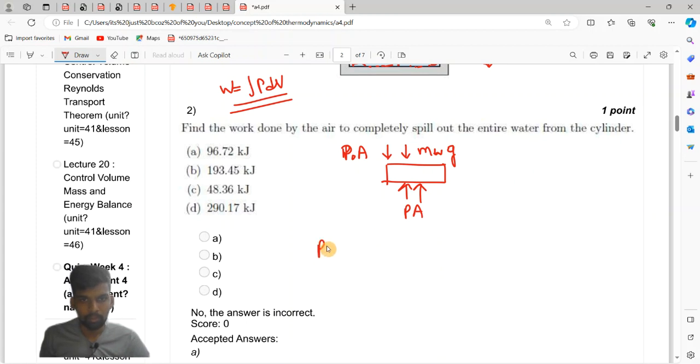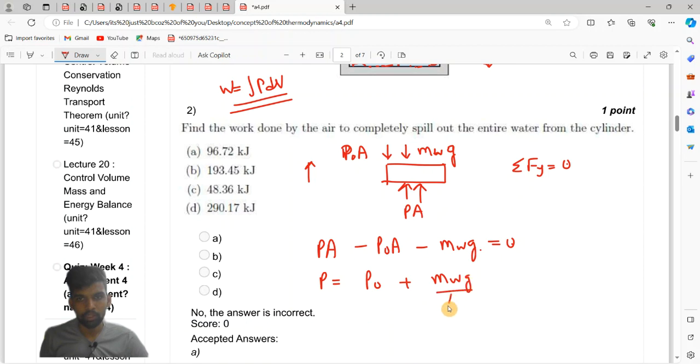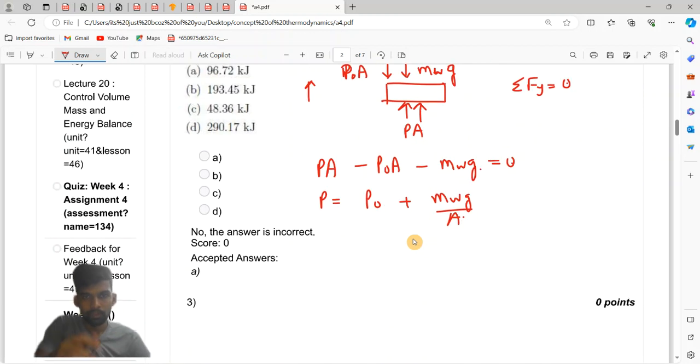So applying force equilibrium in the y direction, assuming this as our positive y, we have PA minus P naught A minus mass of water times g is equal to 0. So this is our force balance. So we can write pressure as P naught plus m water times g divided by area. So we can write P is equal to P naught plus